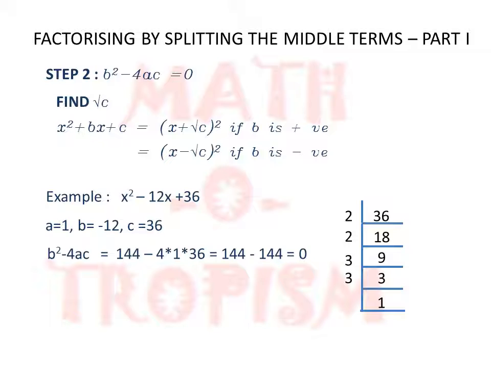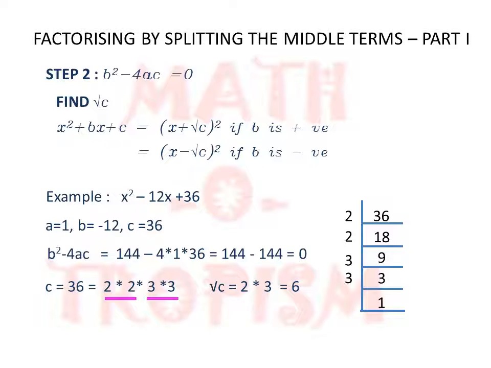So here the prime factorization of 36 is 2 into 2 into 3 into 3. Now when we are finding the square root, we first need to split it into pairs. After splitting into pairs, each pair is represented once in the square root. So here 2 2's are there and 2 3's are there. So 2 is one pair, 3 is one pair. So I just need to represent that pair one time in my root c. So root c is equal to 2 into 3 represented once, that's all. That is equal to 6.